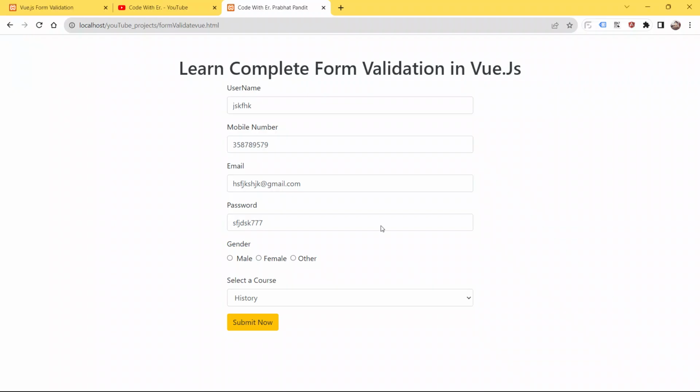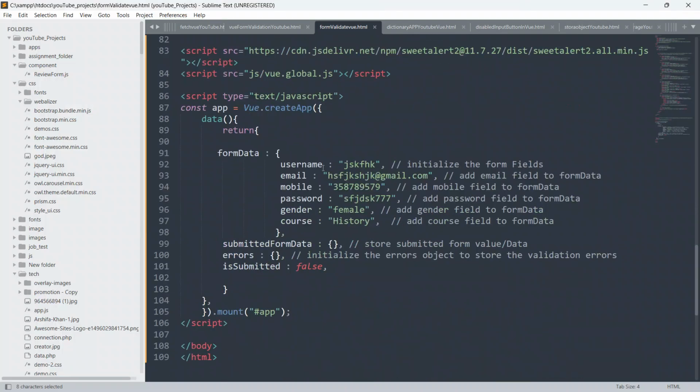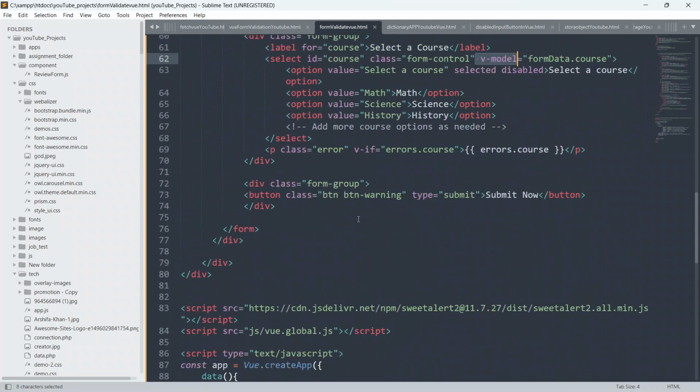That's why we are able to see our form input fields pre-filled, because I have defined in this form data object the username, email, mobile number, password, gender, and course as well.